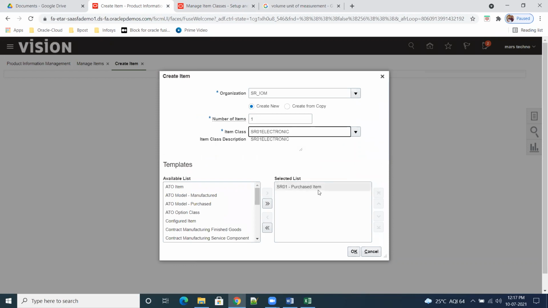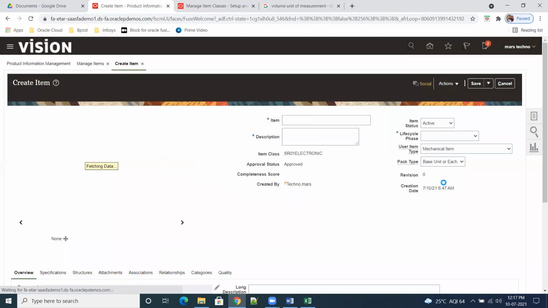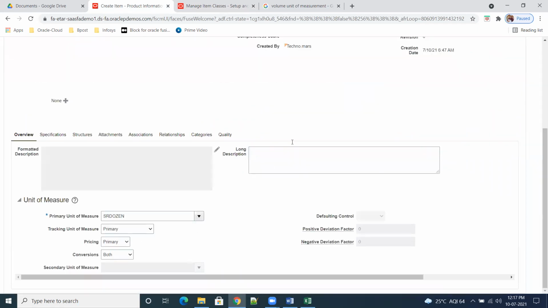See, system automatically dumps the template. Click on OK. So item creation. So 01 purchase item. Copy it. See, all these things have come automatically based on the template.